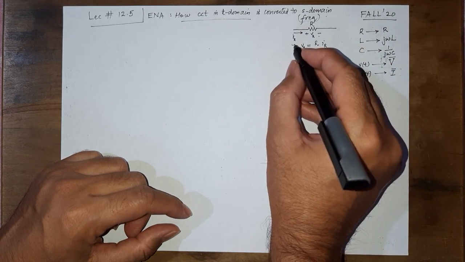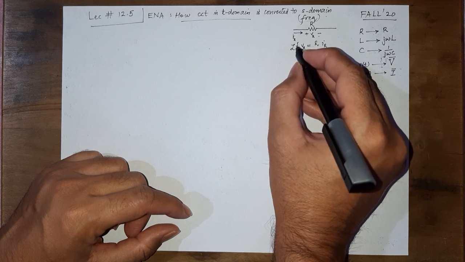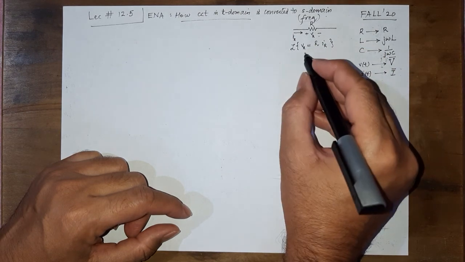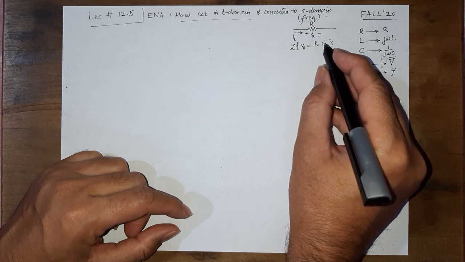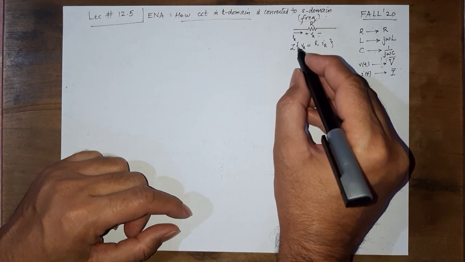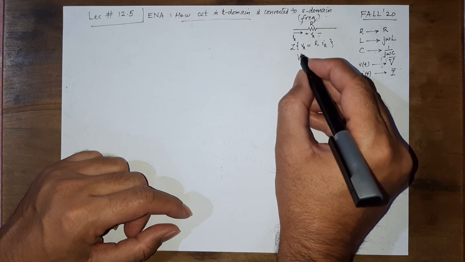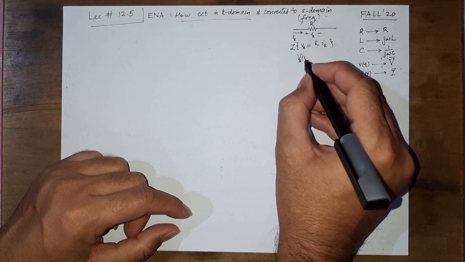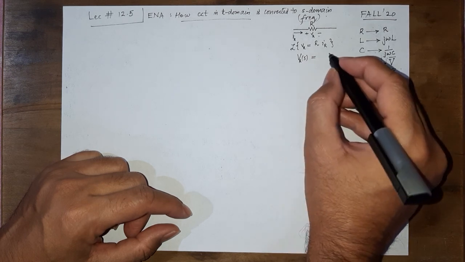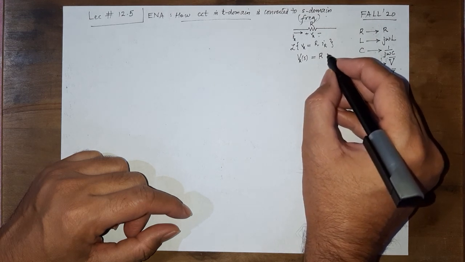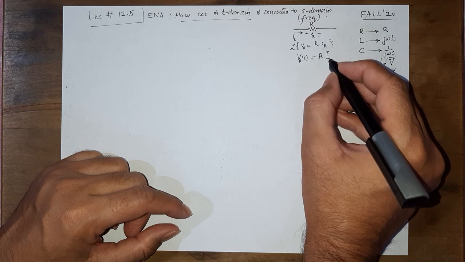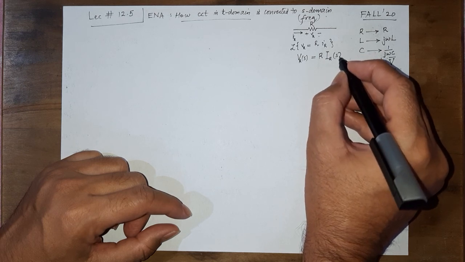So if we take the Laplace transform of this whole thing, what are we going to get? The Laplace transform of the left hand side and the Laplace transform of the right hand side. We are going to get the Laplace transform VR of S of the left hand side, and on the right hand side R is a constant. It will come out of the Laplace transform, and what is left is the Laplace transform of IR.